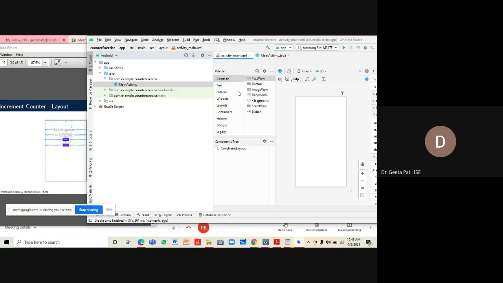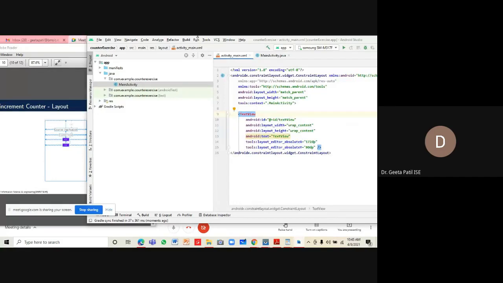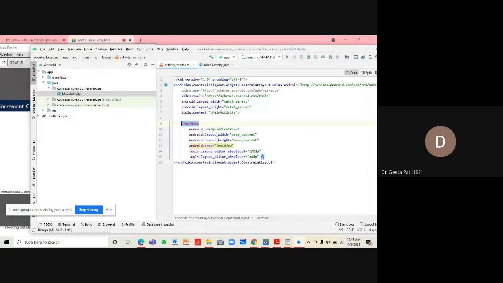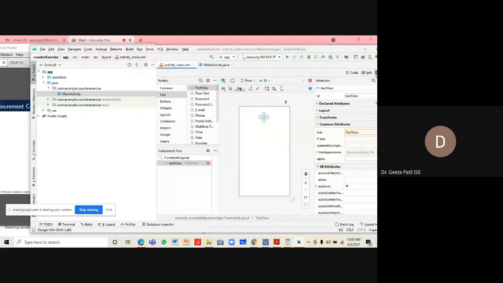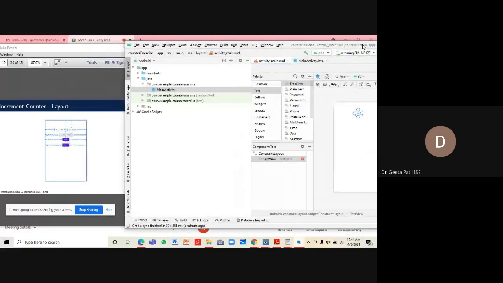So we require text views, two text views. I will set up the constraints for it.